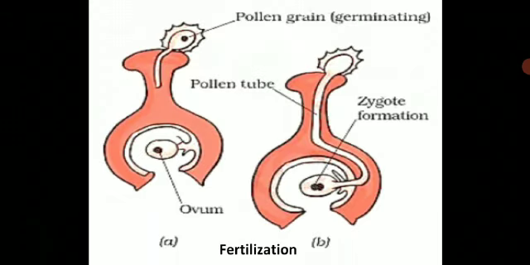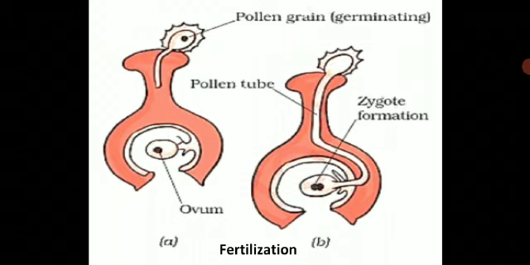Now you will draw this diagram, where you will see the internal structure of the pistil, and what happened exactly inside. This is the diagram which we will draw in the notebook. What happens inside the pistil, that is the female reproductive part, once the pollen grain lands on the stigma? Here you can see the pollen grain germinating. It sticks to the stigma, and you see the ovary, which contains eggs.